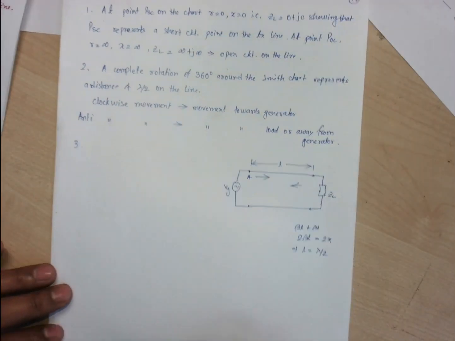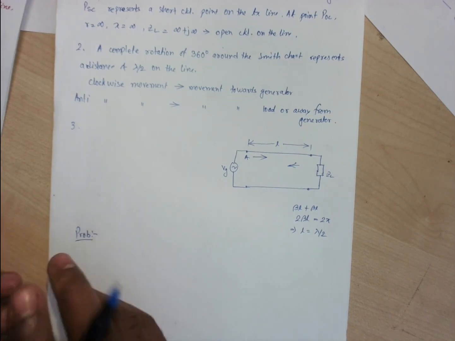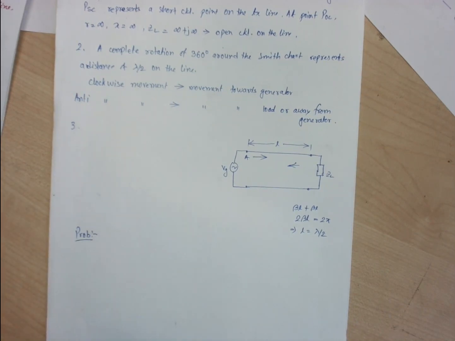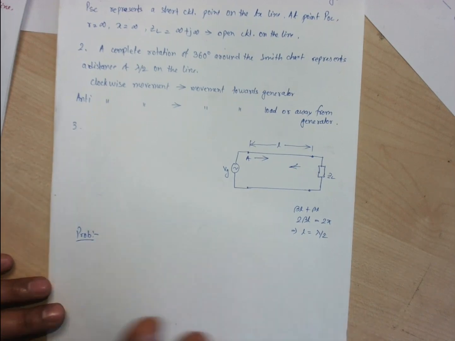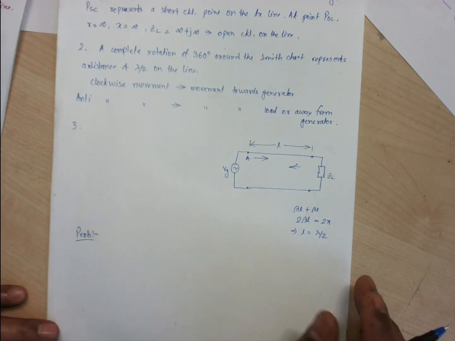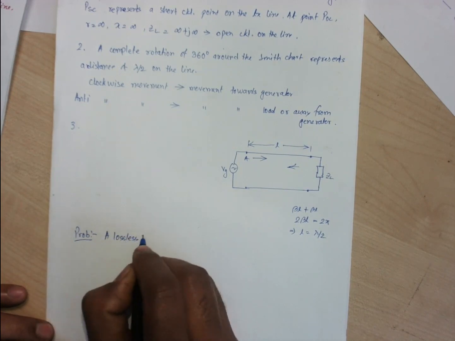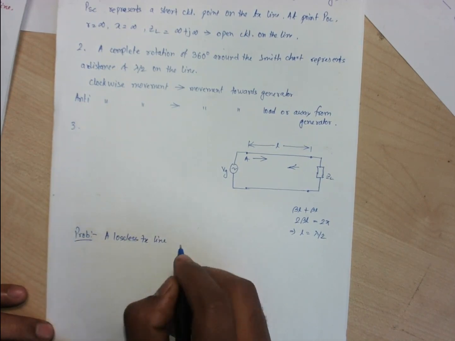I am just writing the problem here. First of all, we will solve it using our mathematical concept, then we will go to the graphical concept. First of all, we will use all of the mathematical relations we have seen till now. After that, we will go directly to the graphical way of solution. A lossless transmission line with